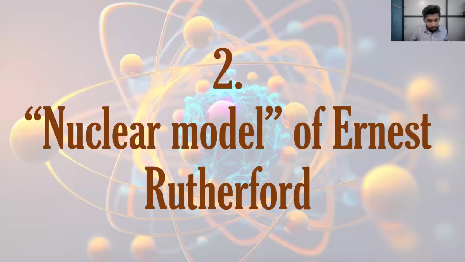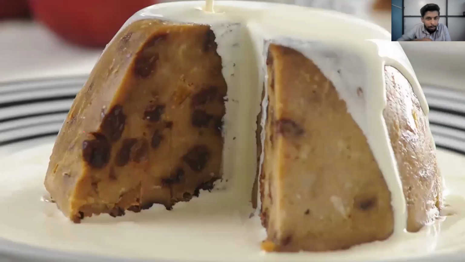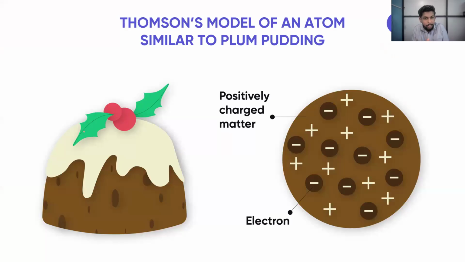Normally, when you are making the pudding, we will add some plums, right? Will we add the plums in an order? No, right? Randomly, we will be adding the plums. Am I right or wrong? When you're adding the plums for the pudding, will you put them at the top and the bottom and the left and the right? No, right? Randomly, you will put the plums. Same like that, J.J. Thomson said that inside the atom, we have the protons and the electrons randomly spread